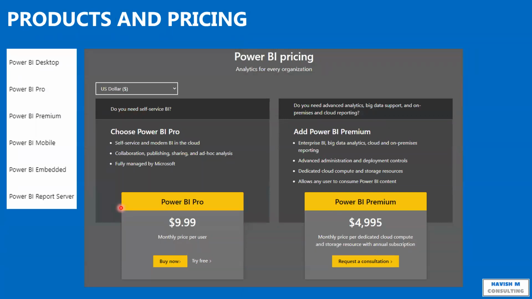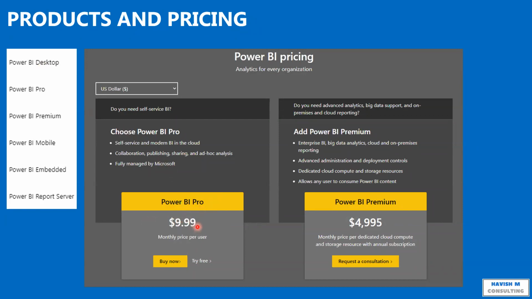Now, the software that you install is only one, which is Power BI Desktop. That is the one that I will be working on. That is the one that you will be working on. That is the one that a company also works on. So the difference is not in the software that we install. The difference is in the tier that we have. That means the package that we have purchased. For example, I'm working on Pro, for which I pay $10 per month.